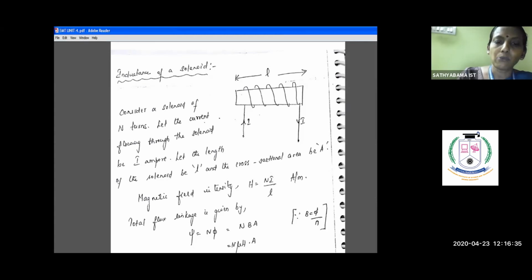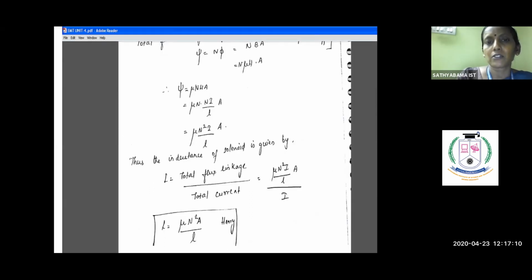So we are trying to find what phi is here. You can just see here, in the bottom of the slide, the last step, your psi is nothing but N into phi. Your phi can be written as flux density into area, because flux density is phi by A. And B can be replaced as mu into H. Substitute that, and H can be replaced as Ni by L. You can see at the top that this is being substituted. So when you substitute all this, your psi equation becomes mu N square I by L into A.